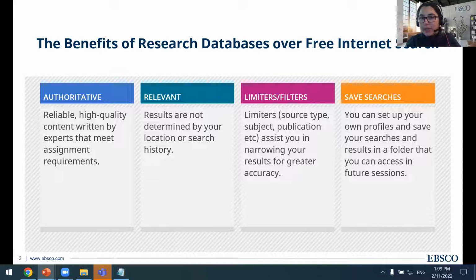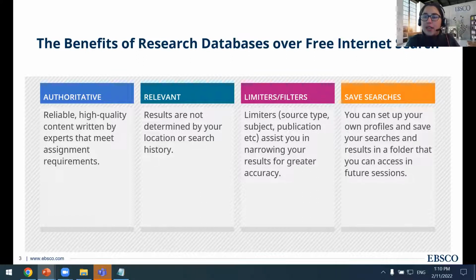And some of these limiters can be by source type, by subject, by type of publication, or publication title, and so on. And so having that flexibility means you can narrow your results. So you might have a large amount of results, and in order to refine those results, you can use those limiters.